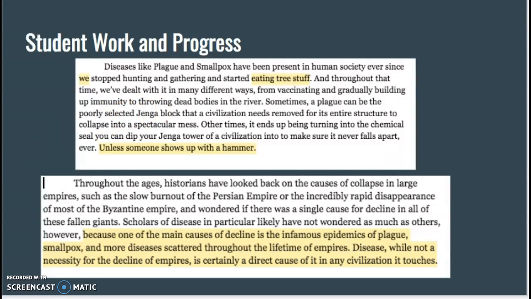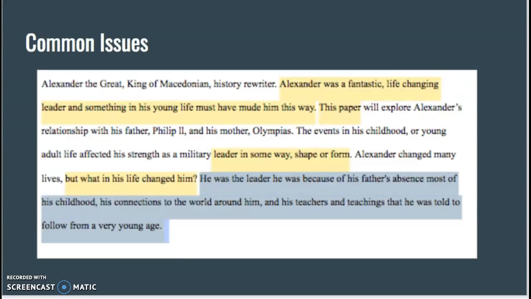So some common issues that I saw within the thesis statements overall, and even nearing the end, some of the things that people got points off for was